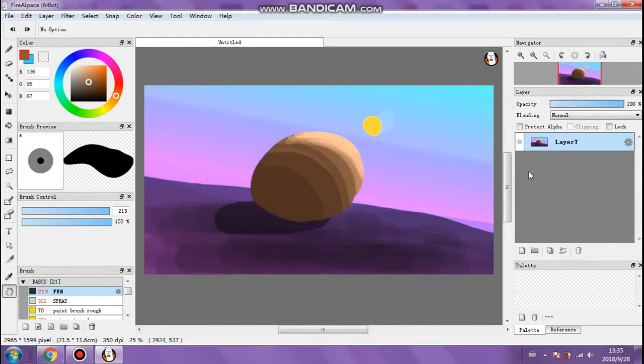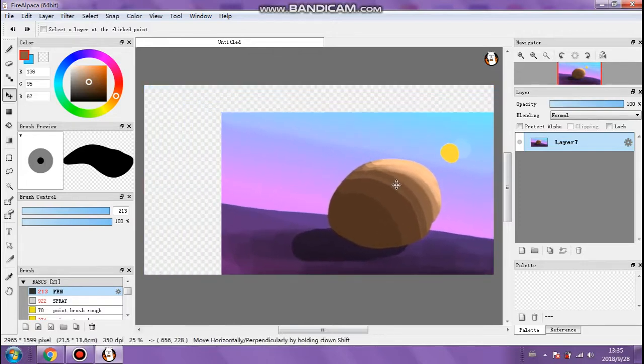Right now we just have one layer, and some people like to work on one layer. It's a challenge, but I like to work on multiple layers and merge them as we go and edit them. Anyway, this is the hand tool, and it's different to the move tool. If you have this move tool selected, which is the fourth one down here, it will move the whole picture off,